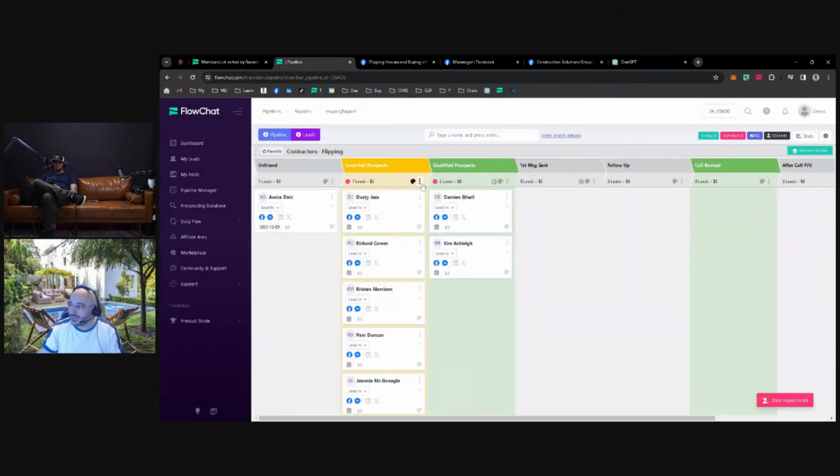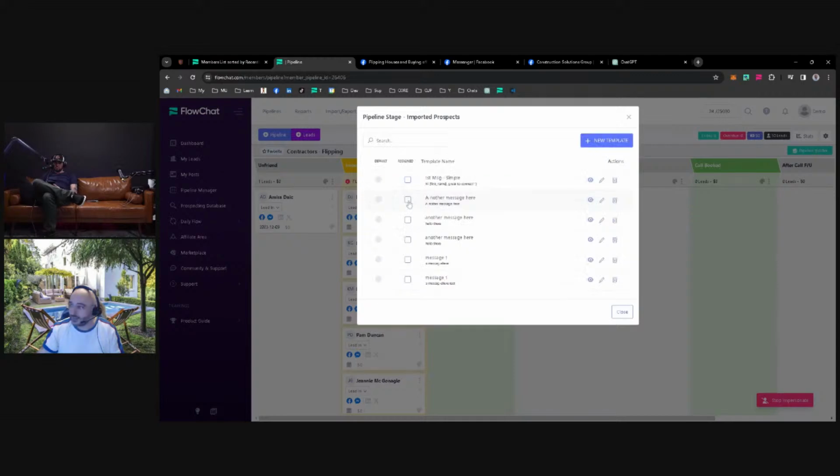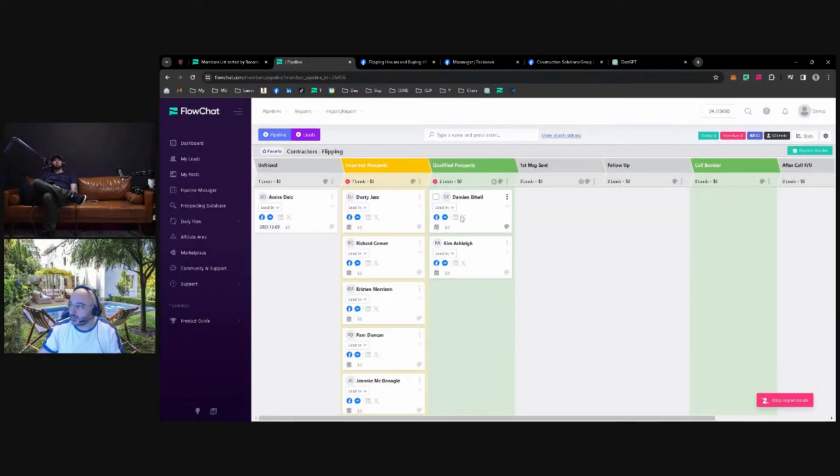Then the templates would be set up in here. Let's say I want to assign a template. I can write, hey, great to connect, right? I can write whatever template I want, and assign it or put it as default. That's it. If I click on this button, it will open the chat with this person automatically, and the template will be ready to send on my clipboard. I don't have to do anything. I just paste it if I want to.